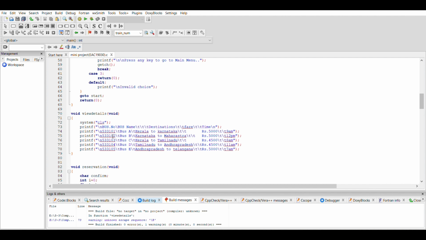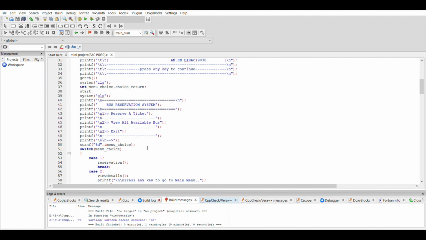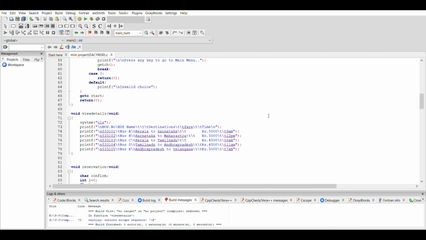In the first function which I have declared, it shows all the bus numbers, bus name, destination, fare, and their timings with a tab space in between them.